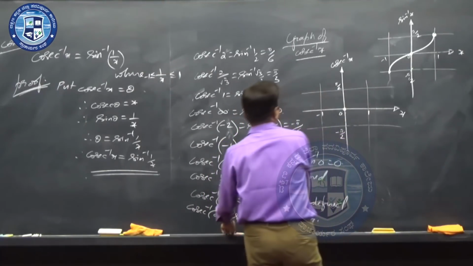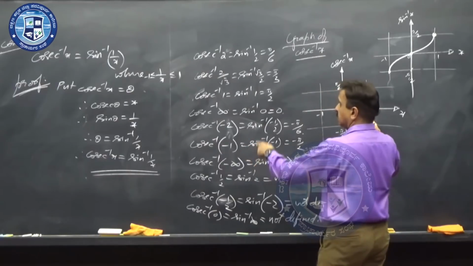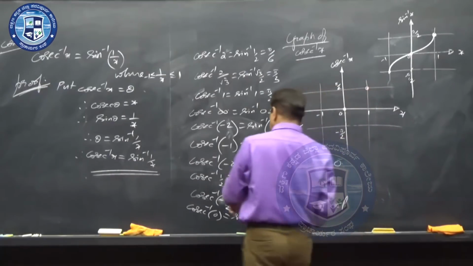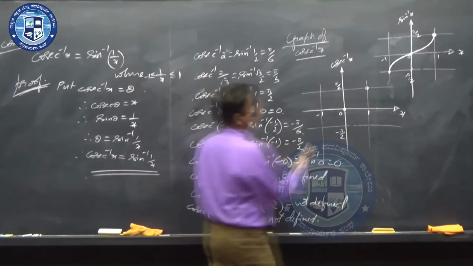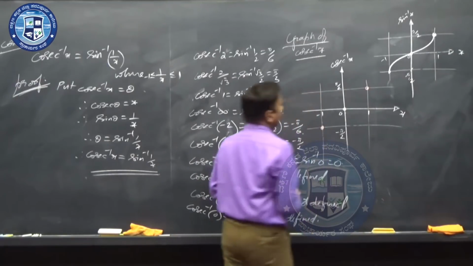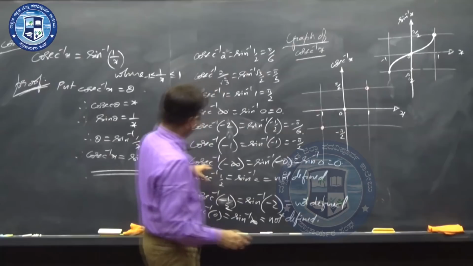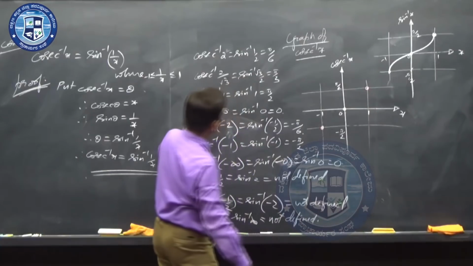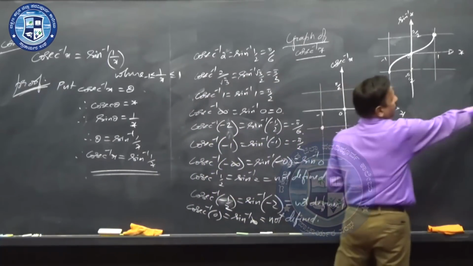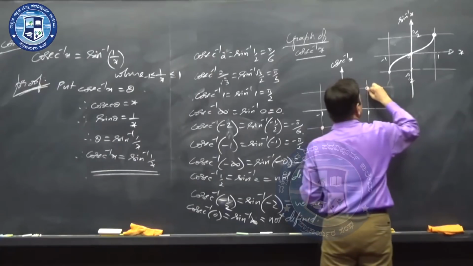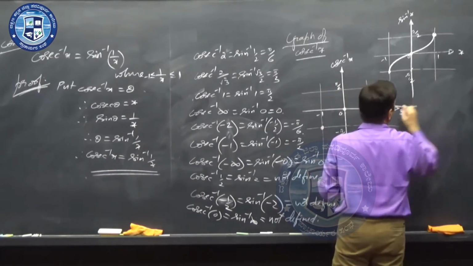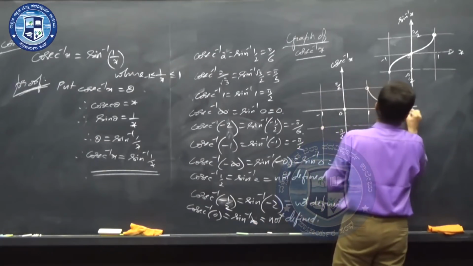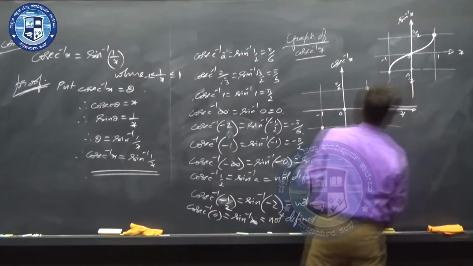The first point you get is cosec inverse 1. Cosec inverse 1 is equal to sine inverse 1, which is pi by 2. Look at this. And cosec inverse minus 1 is equal to minus pi by 2. Then furthermore, cosec inverse infinity, that is when x is infinity, is sine inverse 0, which is 0. Infinity comma 0, which clearly says that the graph is like this. See, it is asymptotic to the horizontal axis. Look at this. This is the x axis.